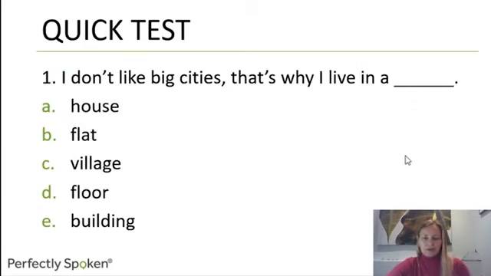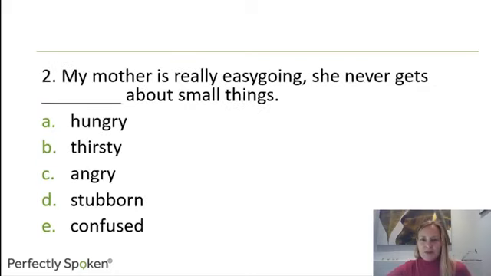Here we are. Okay. So this one is: I don't like big cities, that's why I live in a A, house, B, flat, C, village, D, floor, or E, building. Okay, and the answer is C, village. Okay, next one. My mother is really easygoing. She never gets